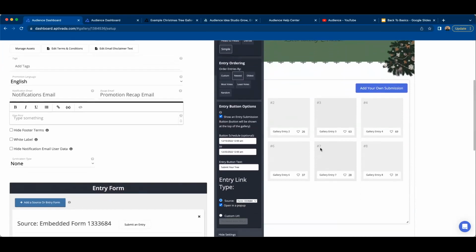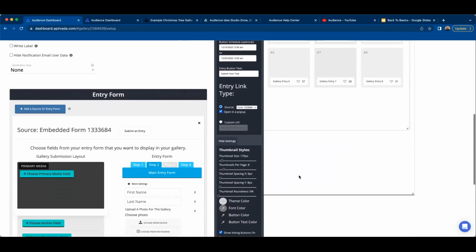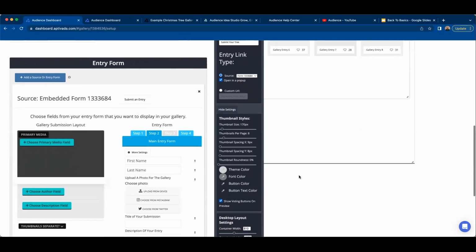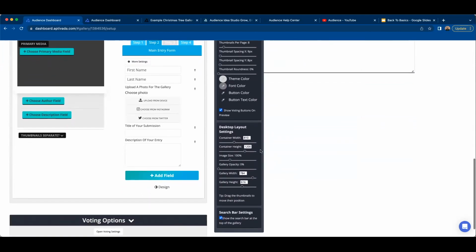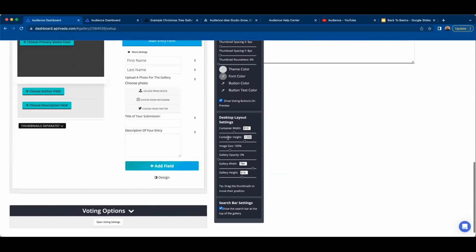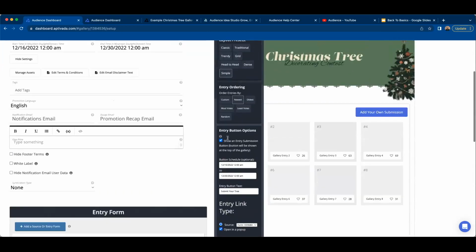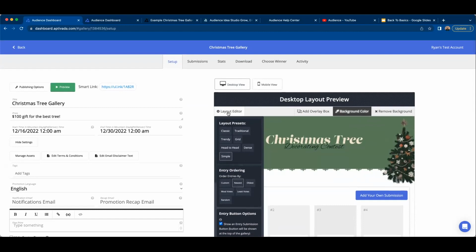But for now, I just put 8 total entries to be shown per page. And then we'll go towards the bottom, and this is where you could change more of the desktop layout and settings and stuff like that. So now that we have this date up and ready to go,